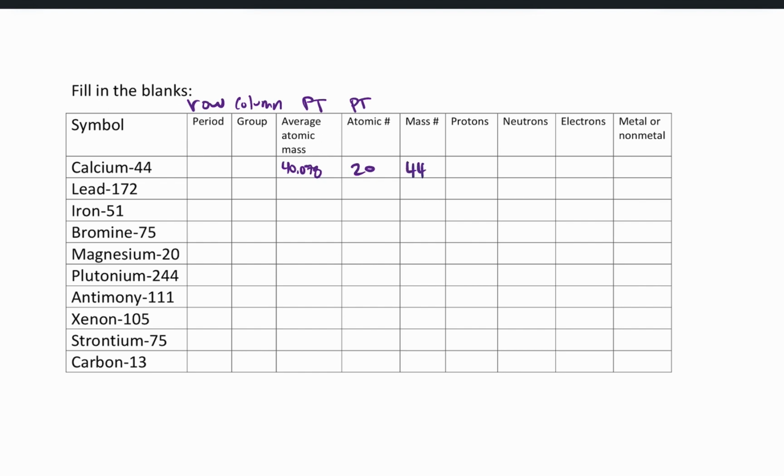Now the protons and the atomic number mean the same thing. So these two are joined. They will be the same number every time. Protons and atomic number are the same thing. Now, if you want to find neutrons, working left to right, the neutrons is the mass number